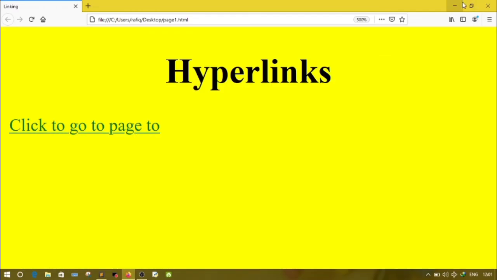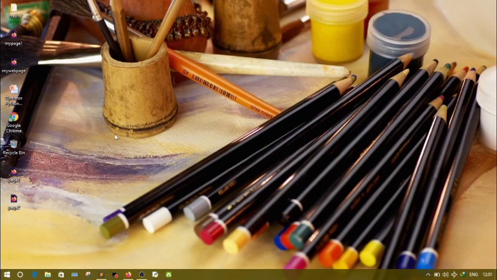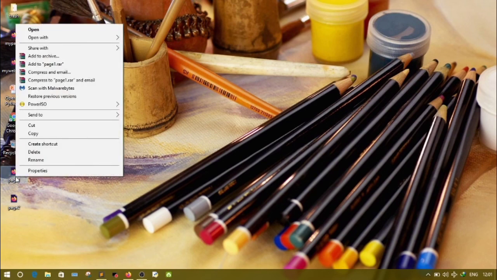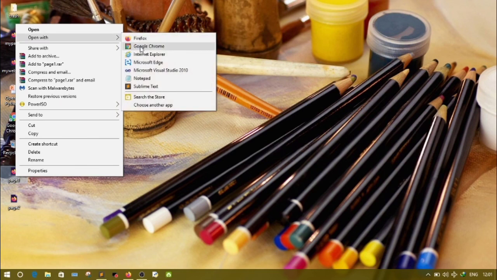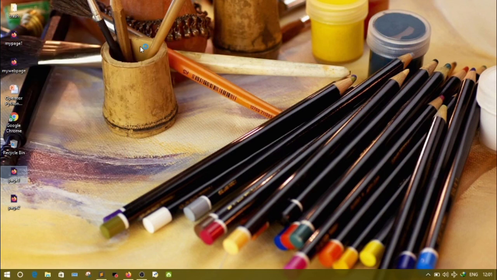That's why it is displaying as green. Let's open it in Google Chrome and see how it displays. For that you can do right click, open with, then select which browser you want.